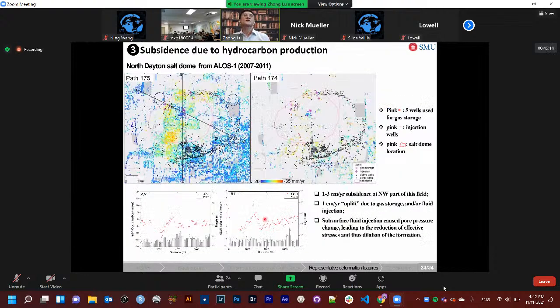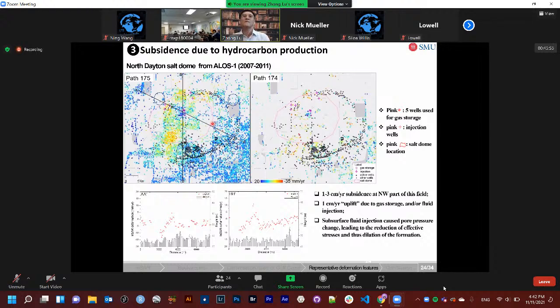Zoom out to the North Dayton Salt Dome area. The salt dome is not only active, the activity is very, very rich, and the deformation we mapped is very eventful. So again, this is a very difficult area to work with. So if you try the InSAR technology, if it doesn't work, don't be despondent. Just look into more detail, look at more time series data, and do fine analysis. You probably will see the deformation. But here we show you the subsidence over different parts and changes as a function of time from 2 different tracks to